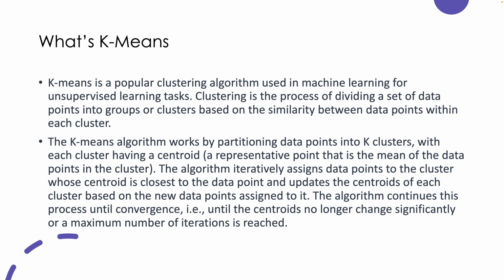And how K-means actually works is, the simplest way to think about it is that it basically just partitions the data points into K clusters. And in each cluster, you can find a centroid. When we say centroid, that is the representative data point to cover other data points within the cluster, right? And how the algorithm works is, first